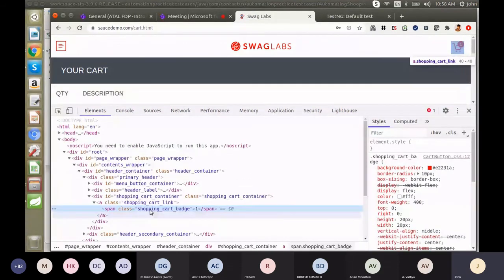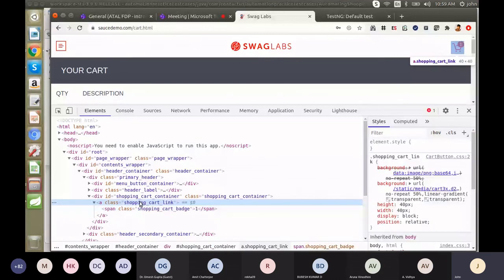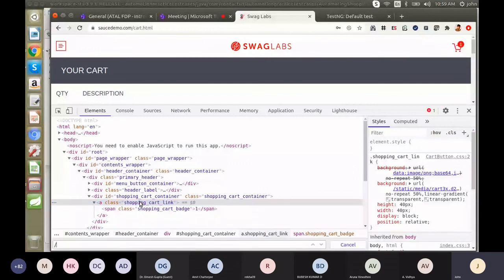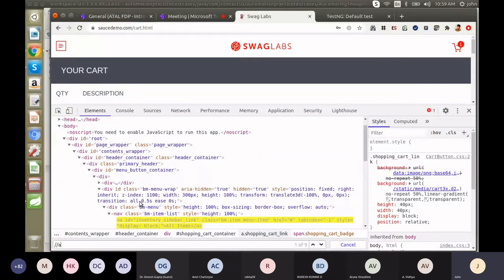Here it is showing a span. We can go with shopping cart link. Okay, input tag A is okay. Anchor tag is available, so we can go with the anchor tag. Okay. Usually, okay, 1 minute.